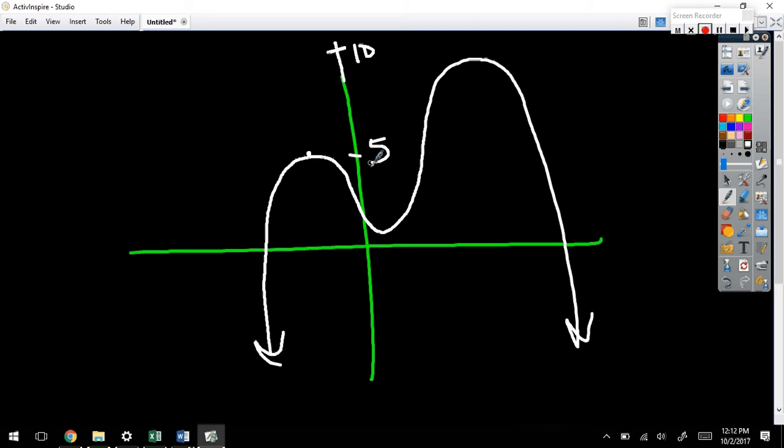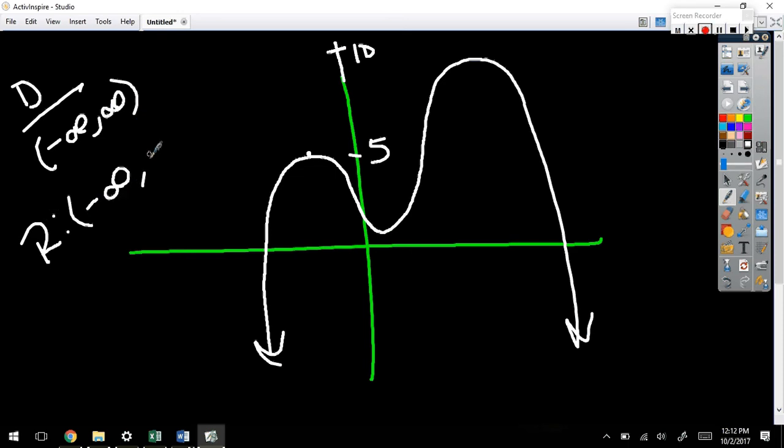What's the domain here? Negative infinity to positive infinity. Left to right. Remember, domain is left to right. How about the range? Negative infinity